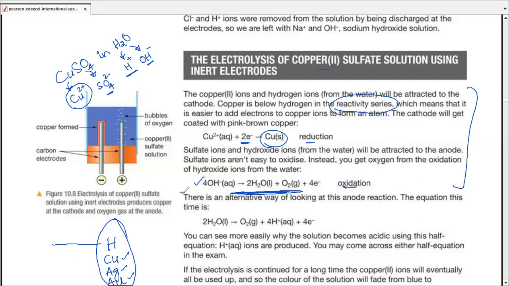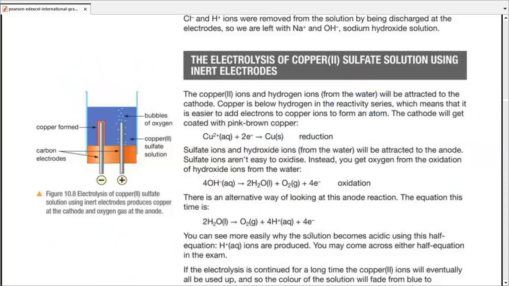The rest is an alternate way of looking at it. If you don't understand this part, you can go with the alternate way of water getting oxidized to give out oxygen and hydrogen ions. You can do it that way, but I think this one's better. This one's easier to remember. And you are going to face this equation more than this one in the exams, right? That's why I prefer it. So just skipping the alternate way and moving on,